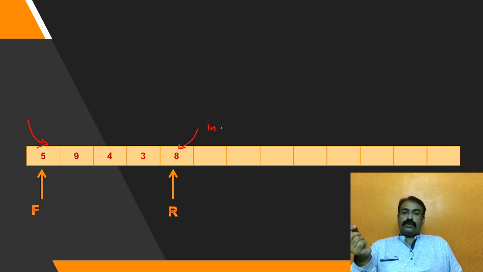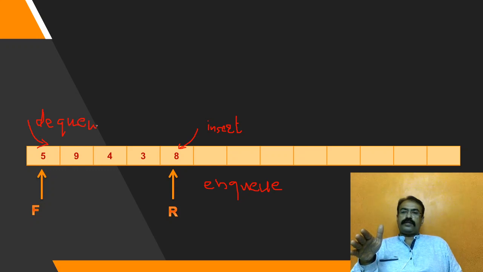Insertion in a queue is called an enqueue operation. I think you recall it. If you don't recall, please go through the lecture on queues, try to understand that concept first, and only then come to this lecture. If we are deleting an element, it is called a dequeue operation. These are the two main operations which we perform on a queue with the help of two ends.